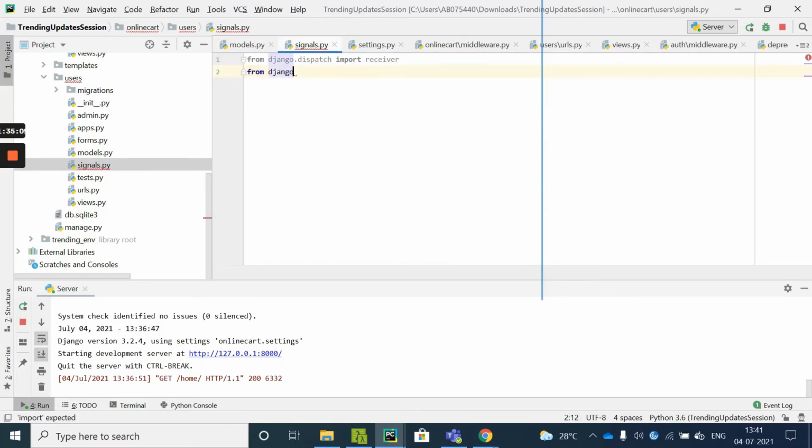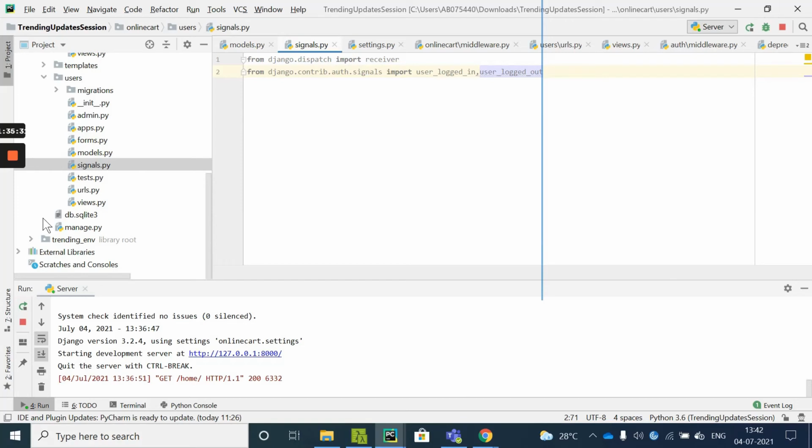We have certain default signals in the auth signals, such as user logged in and user logged out. Whenever user login and logout happen, I want to store this somewhere. So where will I store these things?